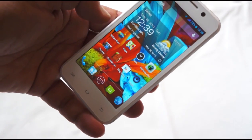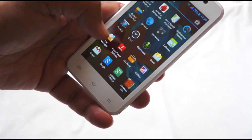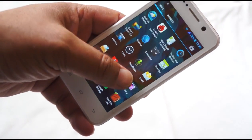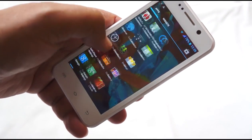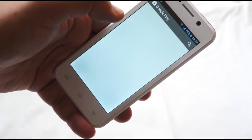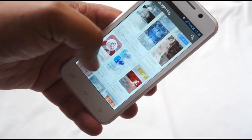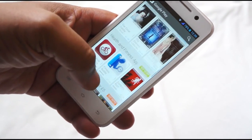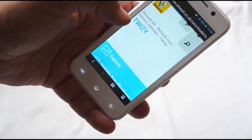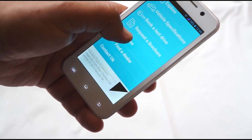In operation, it's really nice. The whole thing is very crisp. The screen is beautifully responsive. I mean, probably one of the best of these type I've ever come across. And it's fast, as you'd expect with a quad core. You know, it's not a sluggard at all. Things like making your way through websites is a cinch,